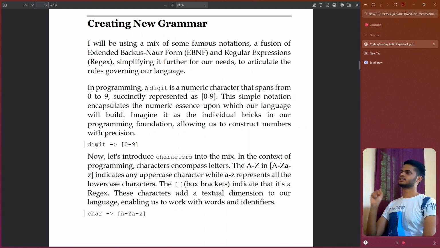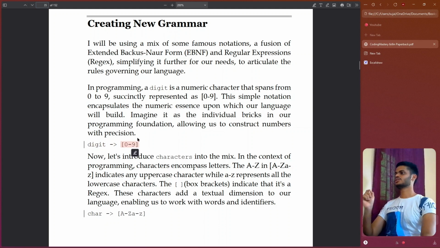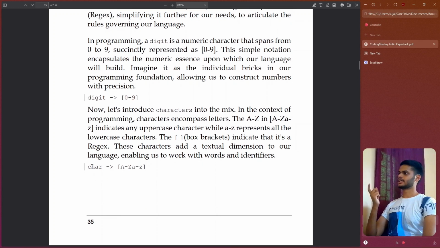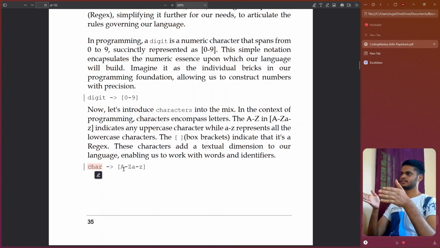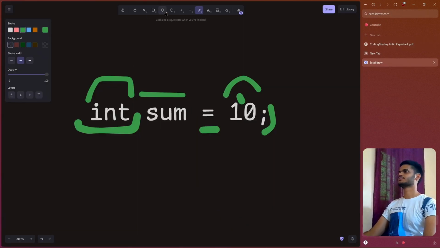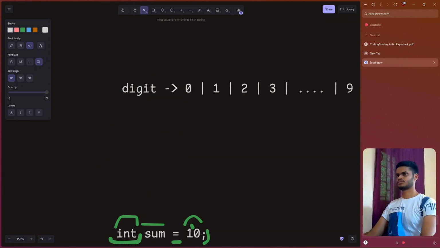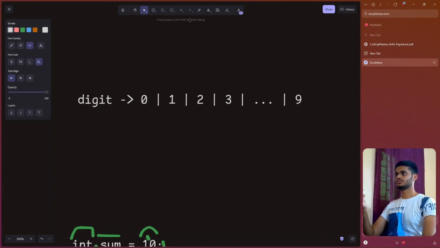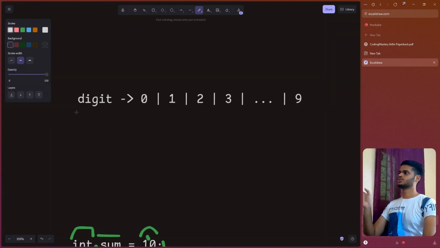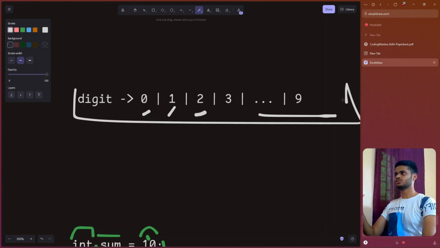It states that a digit is something between 0 and 9, which is true. Again, a character is something between capital A to Z and small a to z. These are some regex-like syntaxes, but you can obviously follow other rules like this. So here we say that a digit is number 0, or it can be 1, or it can be 2, or it can be 3, and so on. Now we can use this rule to make different rules. For example,